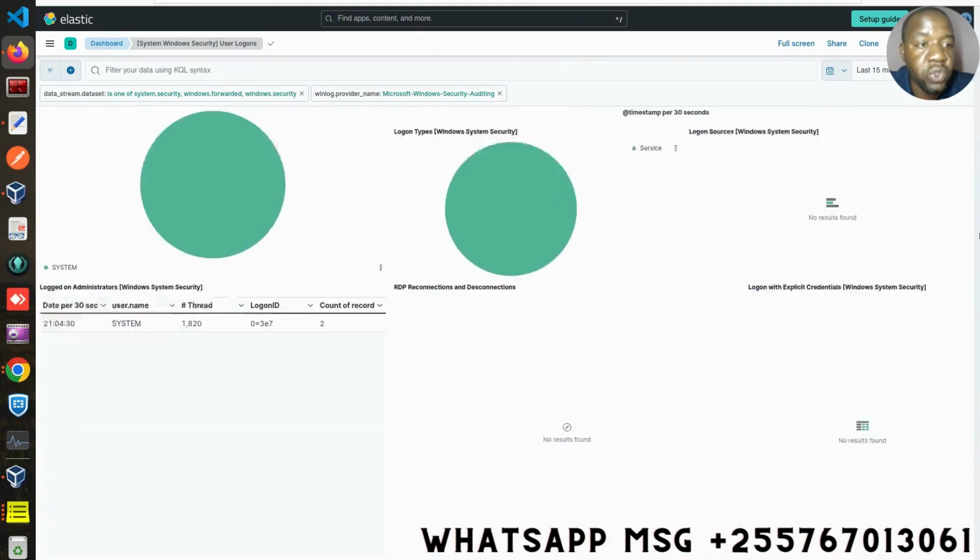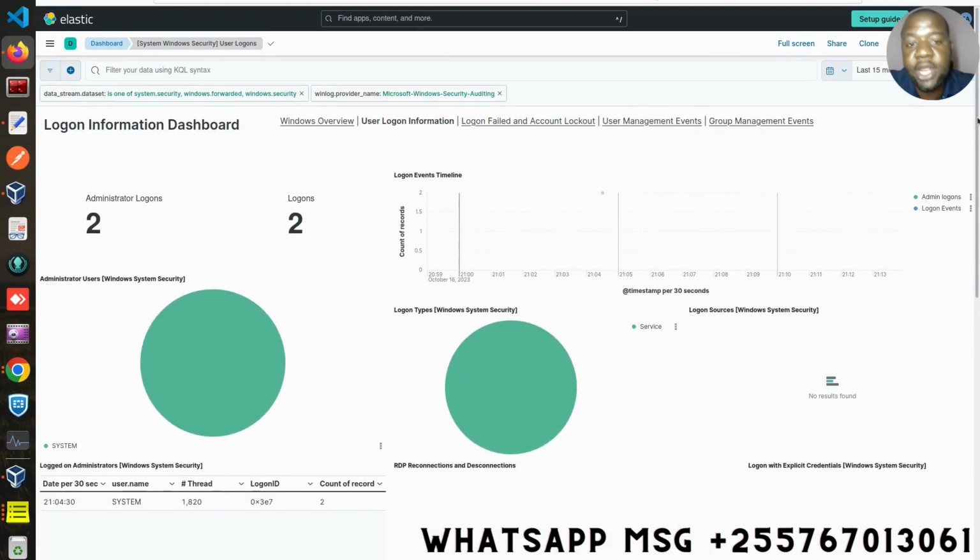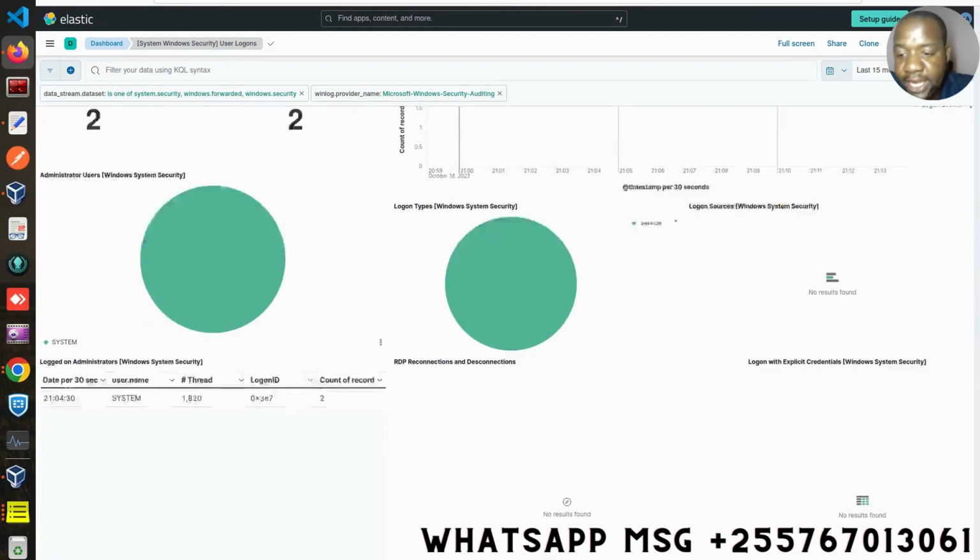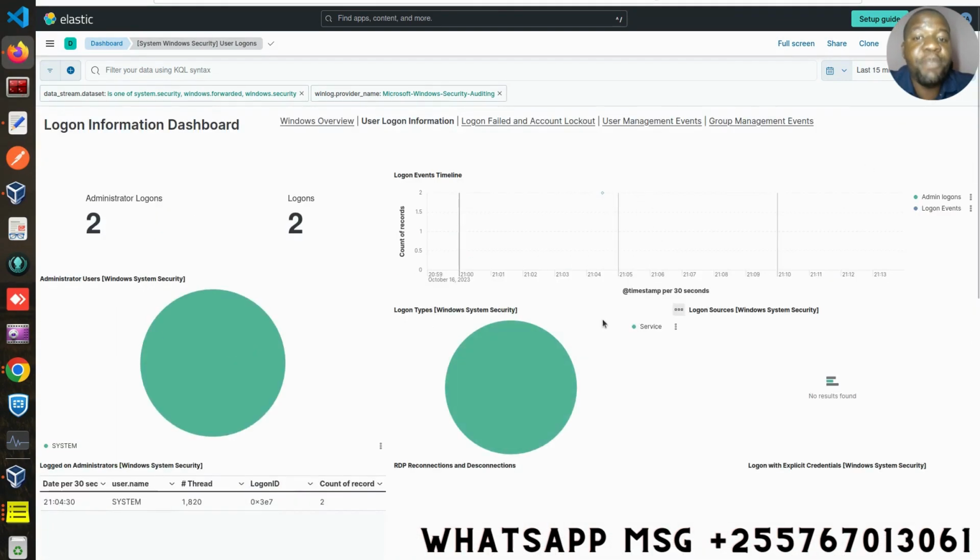So as you saw before, this is about the logon information, the people who have logged into your given system, and their logs have been collected from wherever the machines are, and they have been centralized here. So even if you have so many agents, the same would apply. You can see there are just two administrator accounts and two general logons, and other details. The details here will depend on your actual logs, so it may differ from one student to another,